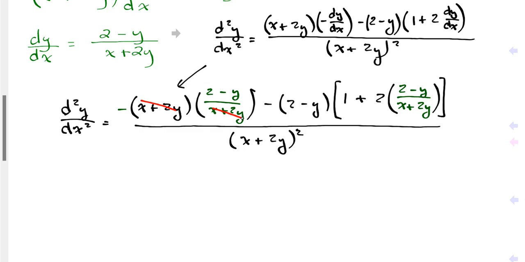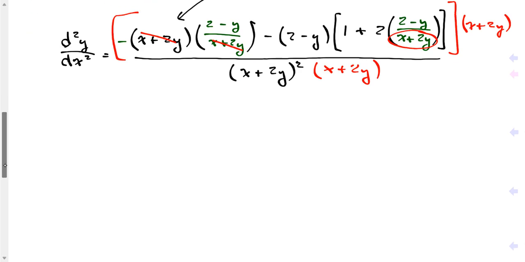I'm not going to, but it's not wrong to cancel it out because I have this denominator as part of my numerator. So I'm going to end up multiplying everything on top by x plus 2y anyhow. And so that's the one I'll cancel out, or not. Could cancel these out and then just introduce that one to the first term later. If I do that on top, I have to do it on the bottom as well. So then